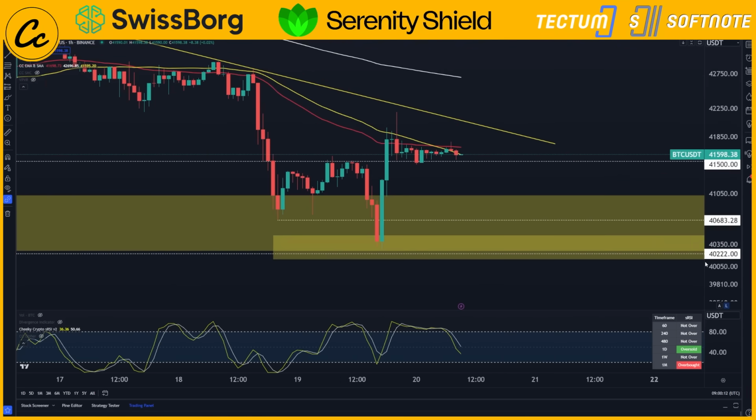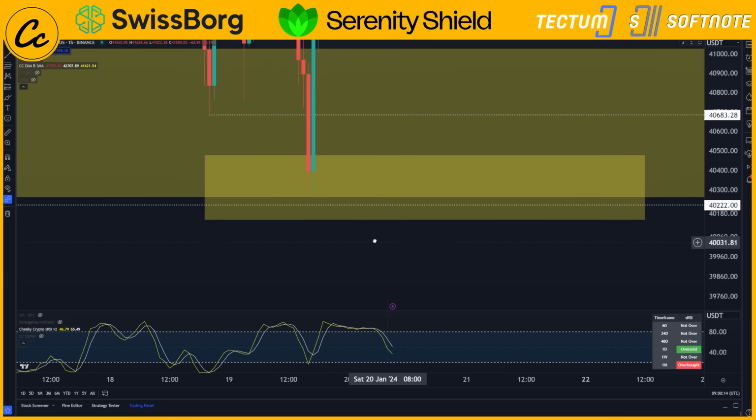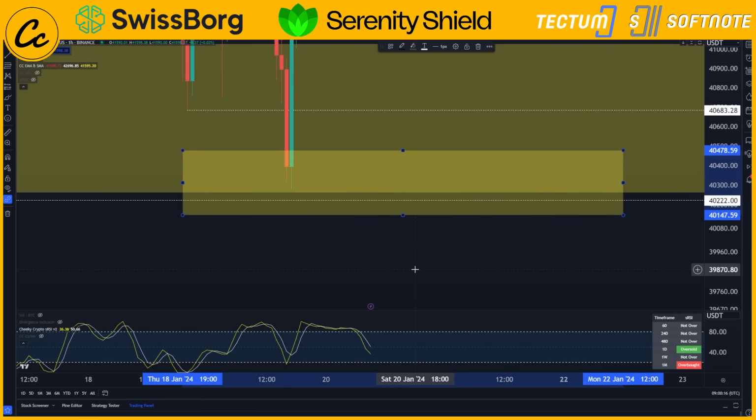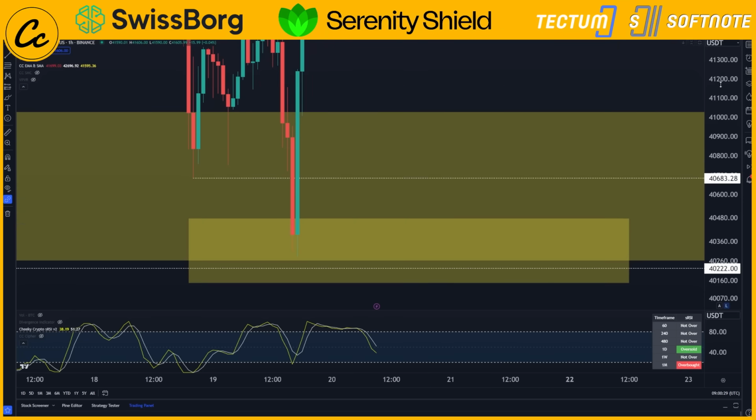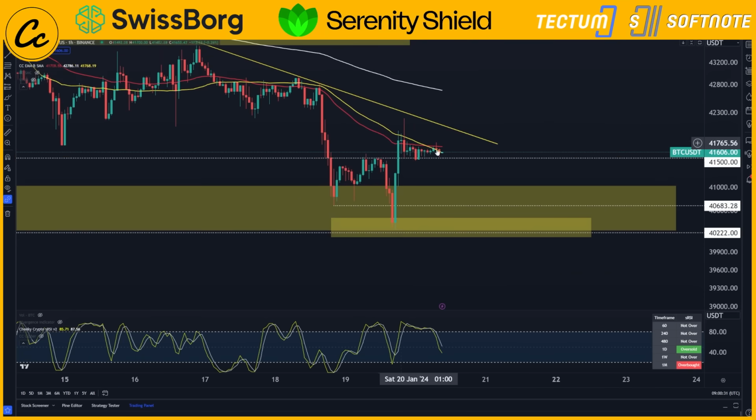Now, as you can kind of see, we were targeting this low range down here yesterday. This was coming in at $40,147 to $40,478, with a wick that achieved a low of $40,280 to the penny here on the Binance chart. Now, from here, we have obviously moved up and we found resistance up on the 50 SMA and 50 EMA,